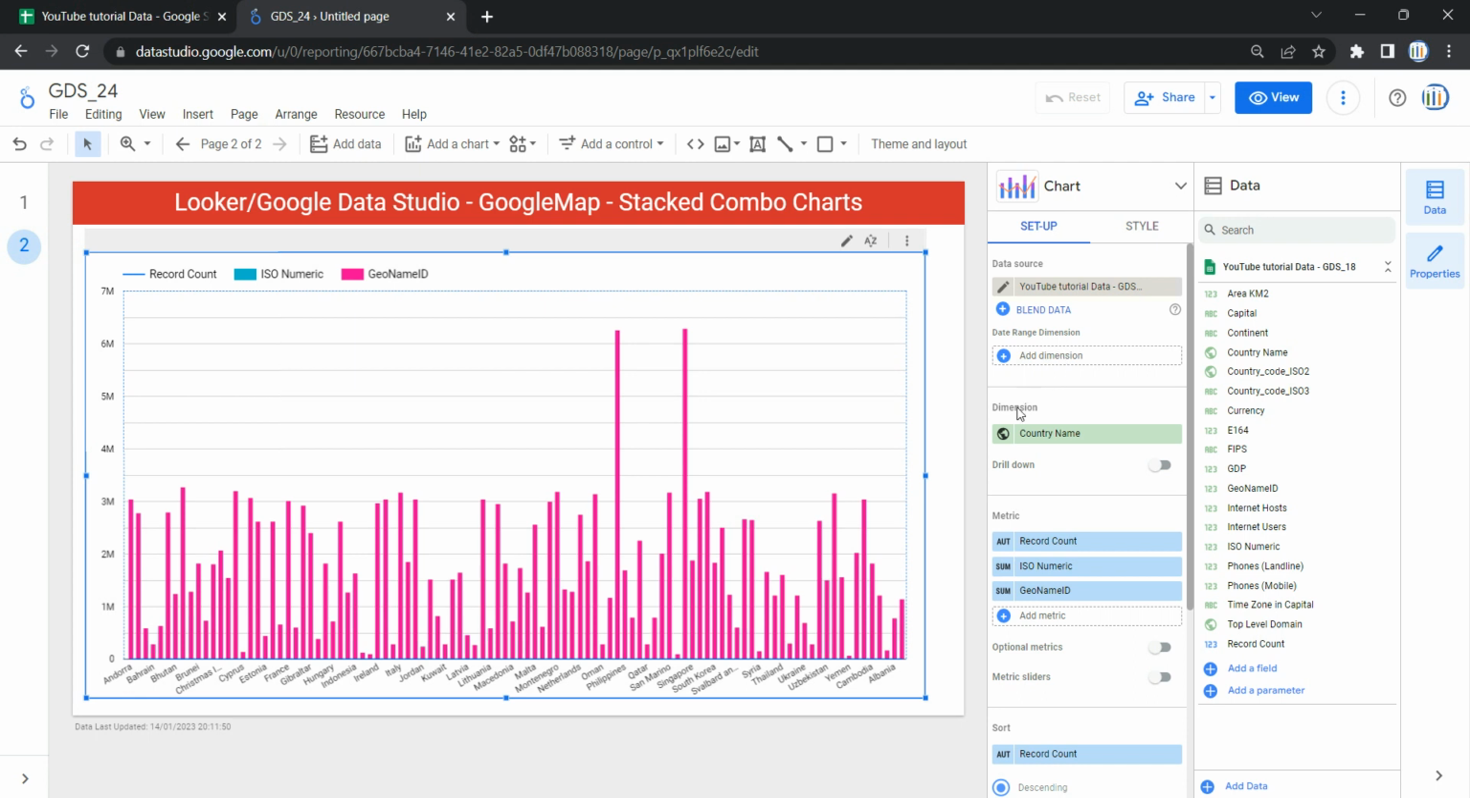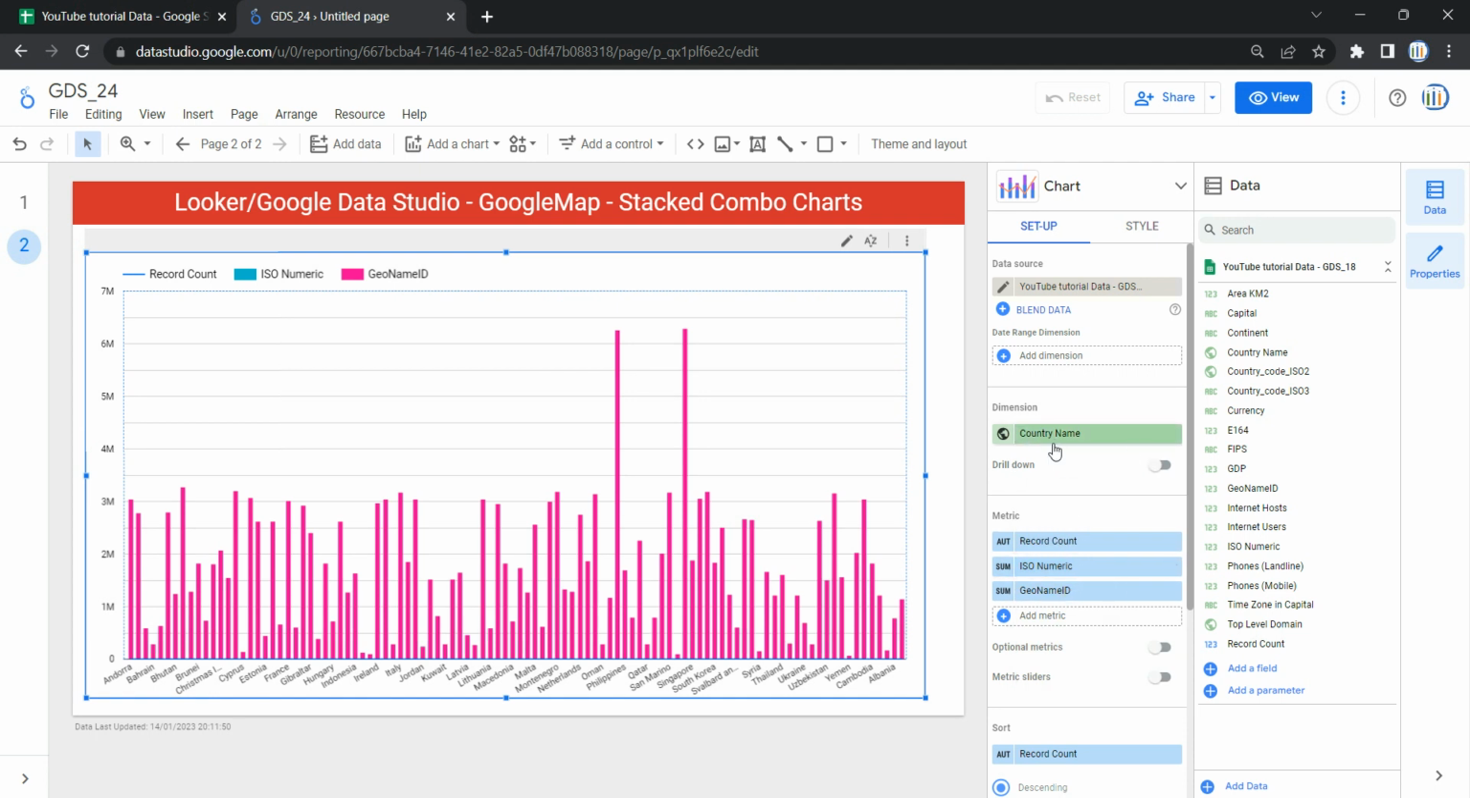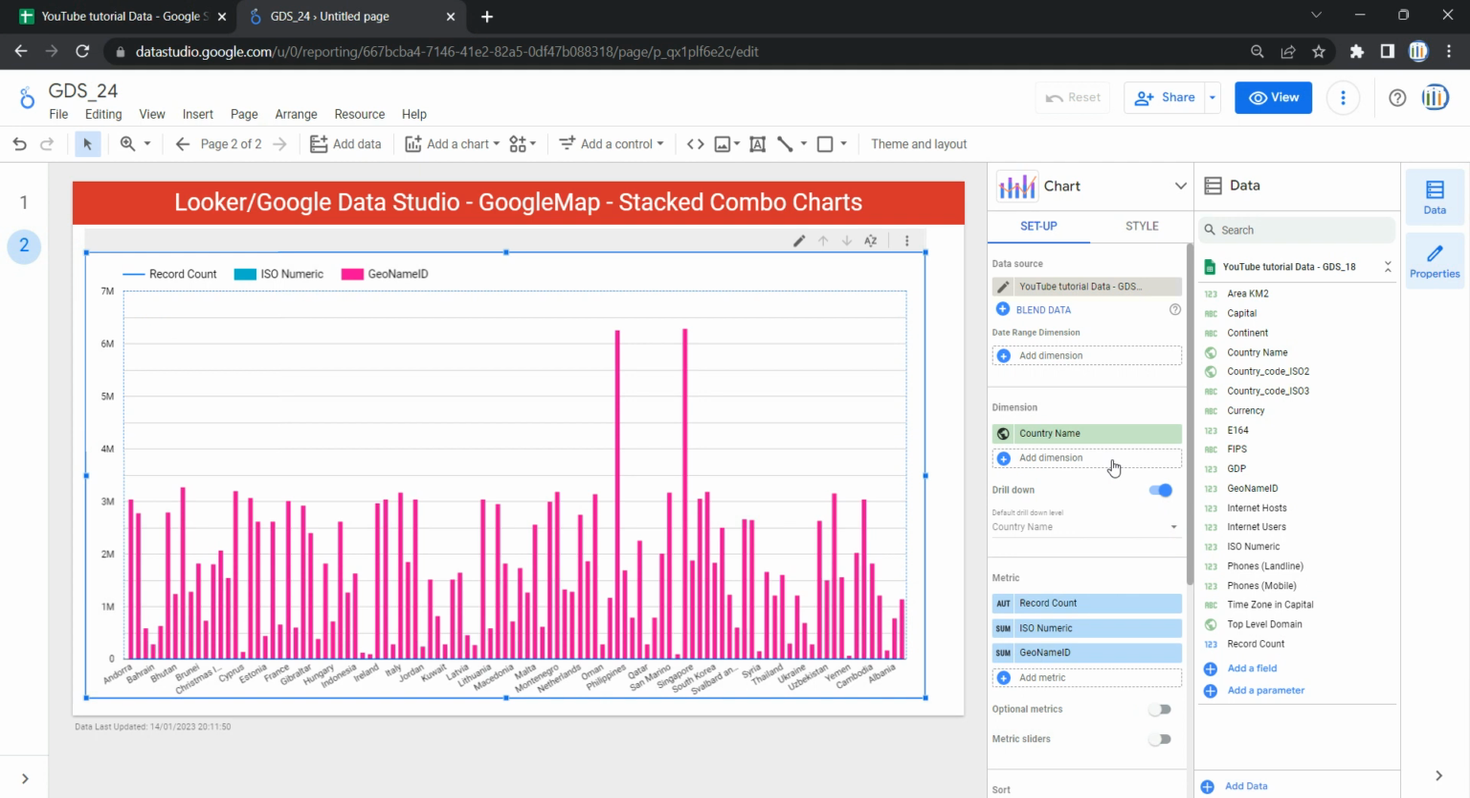Now moving on, we have dimensions. So this is the dimension or the category or the field through which you want to show your data. So for us, I want the country name only, so I'll select country name here. Now there is an option of drill down. If you want to drill down your dimension to another level, for example, if you have country name, then you have capital, then you have city, then you have town, you can add a list of drill down options or the columns over here, and once you go to your graph as a viewer,